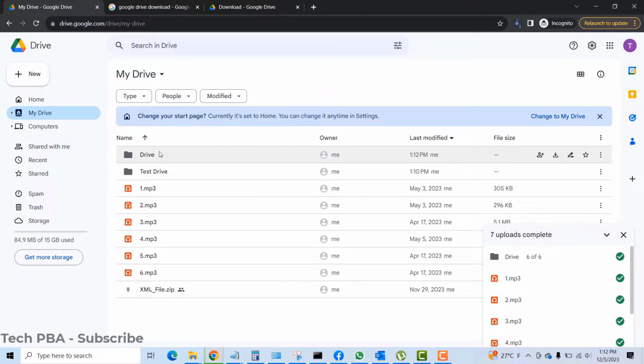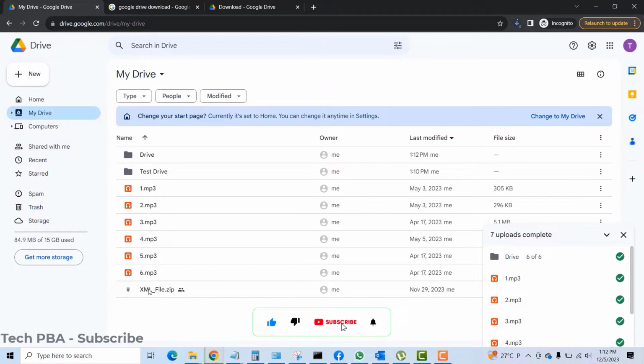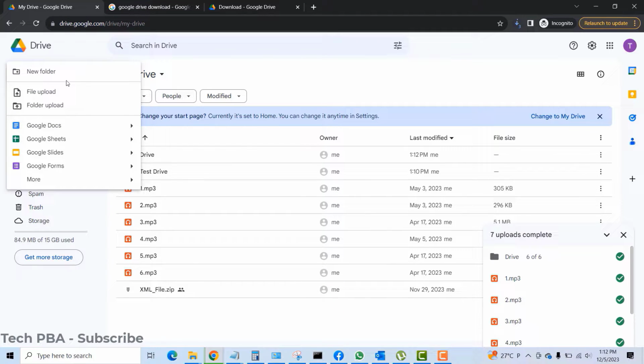So you can see that I uploaded files. I used the file upload, and I used the folder upload to upload these files and then to upload that folder. So yes, that's what you can also do with this button. You can create a folder, upload a file, upload a folder, and then Google also has these online applications,